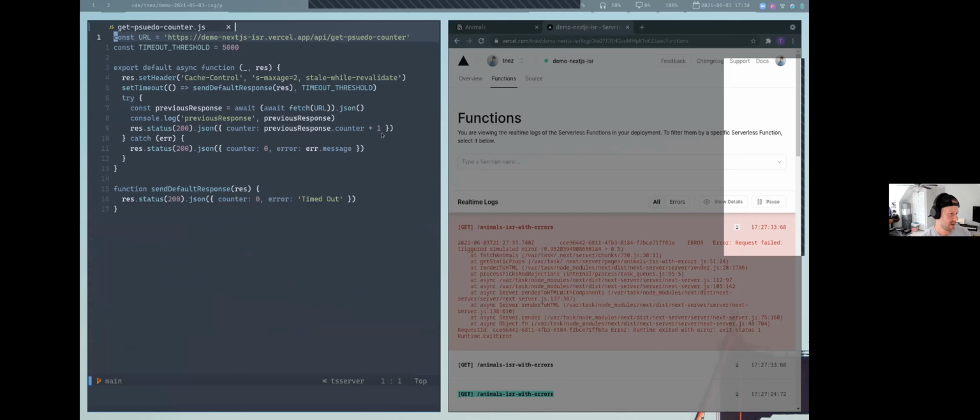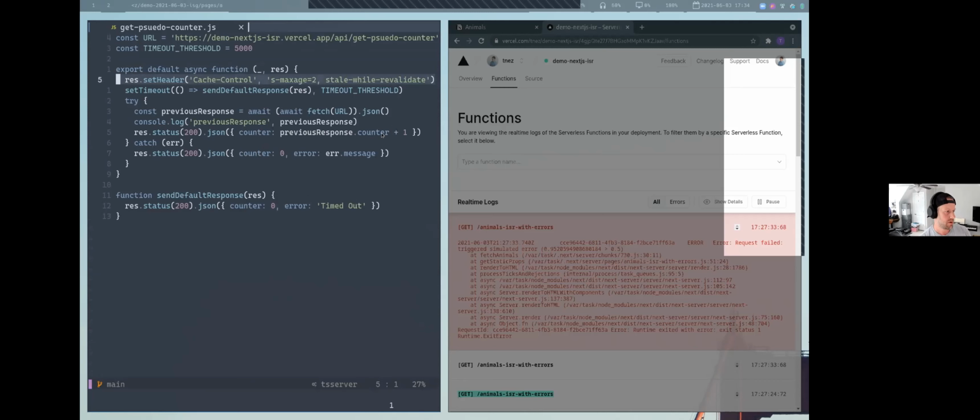So what we have here is basically an API route in Next, but you can think of it as essentially just a lambda that gets deployed to AWS and run. Here we're setting these caching directives as stale-while-revalidate, and sticking them on the response. So rather than rendering a page in Next, we're just outputting some data,